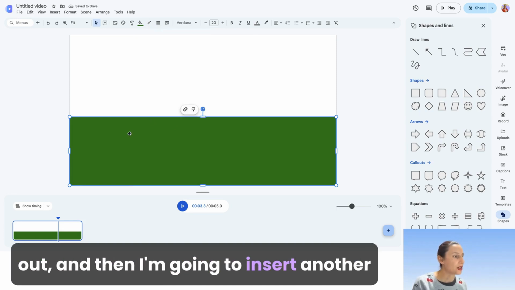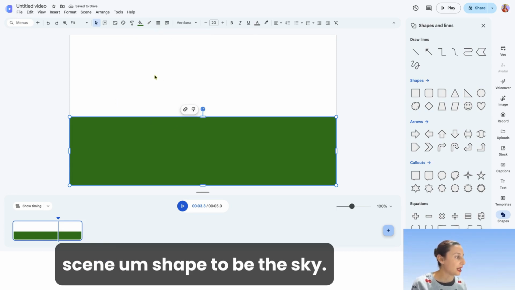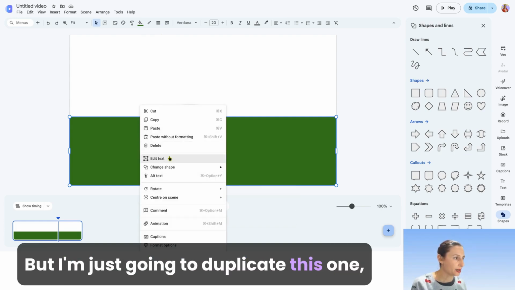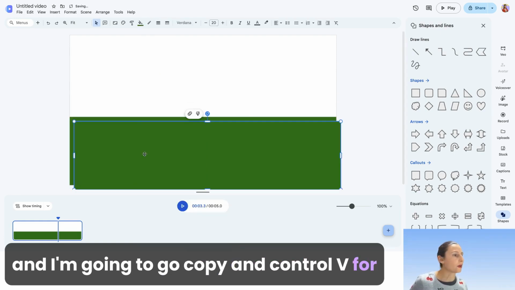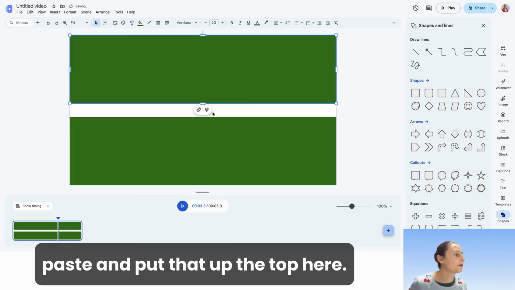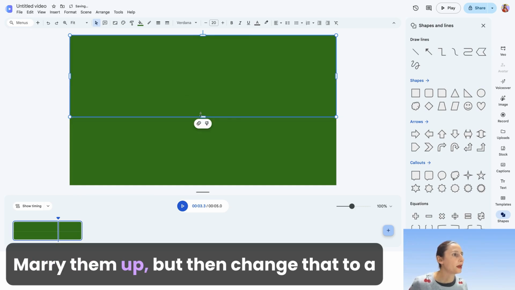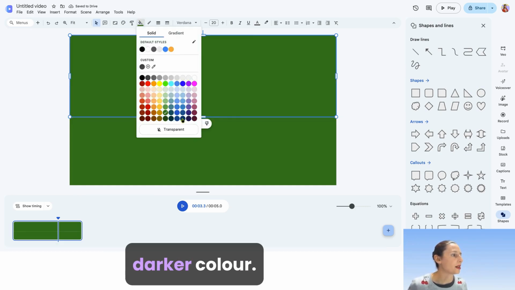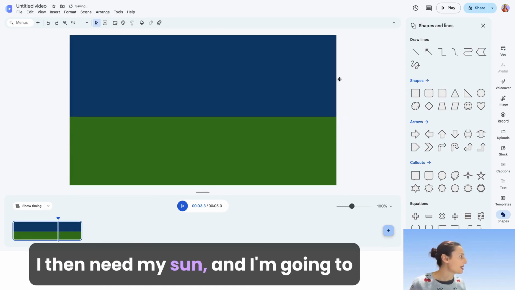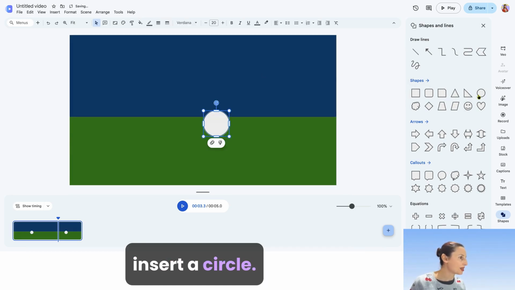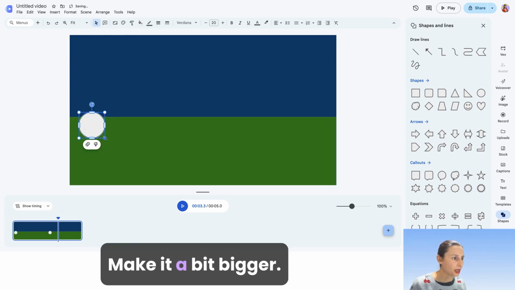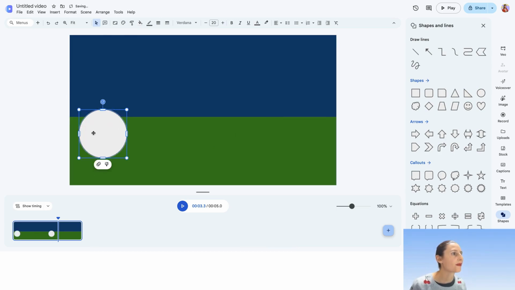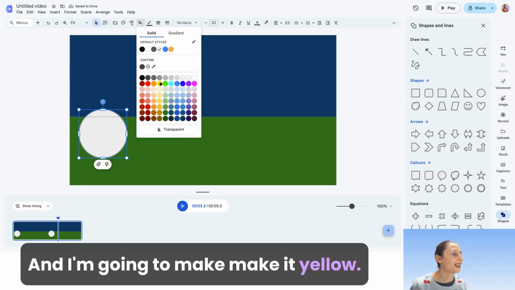And then I'm going to insert another scene shape to be the sky. But I'm just going to duplicate this one, and I'm going to copy and Control V for paste and put that up the top here. Marry them up, but then change that to a dark color. I then need my sun, and I'm going to insert a circle, bring it over this side, make it a bit bigger, and I'm going to make it yellow